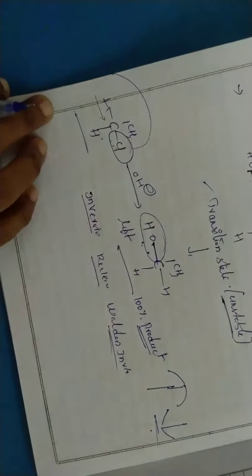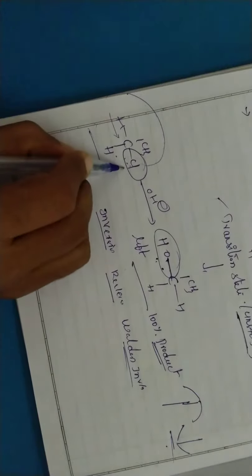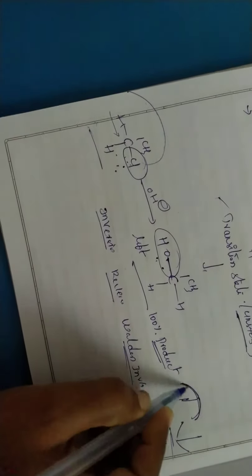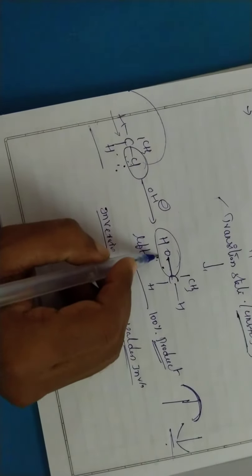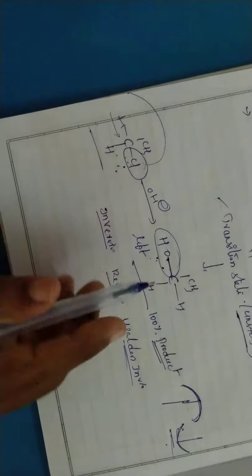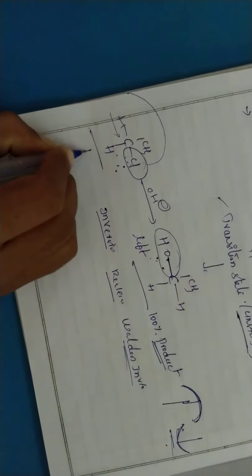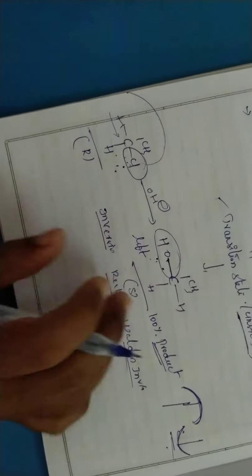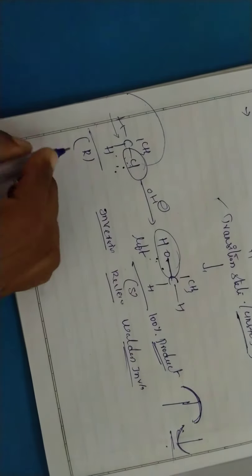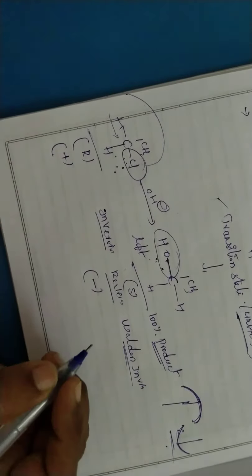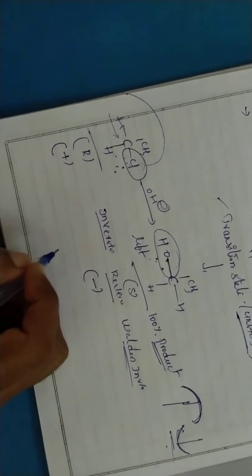Why I am telling it is an inversion means chlorine is on the right side. After OH arrival, what happened? The OH comes from the exactly opposite side of the chlorine. That's why the inversion is taking place. For example, if the reactant is R, the product will be S. Completely opposite product will be obtained. If the reactant is plus, the product is minus. Okay, so it is called Walden inversion.